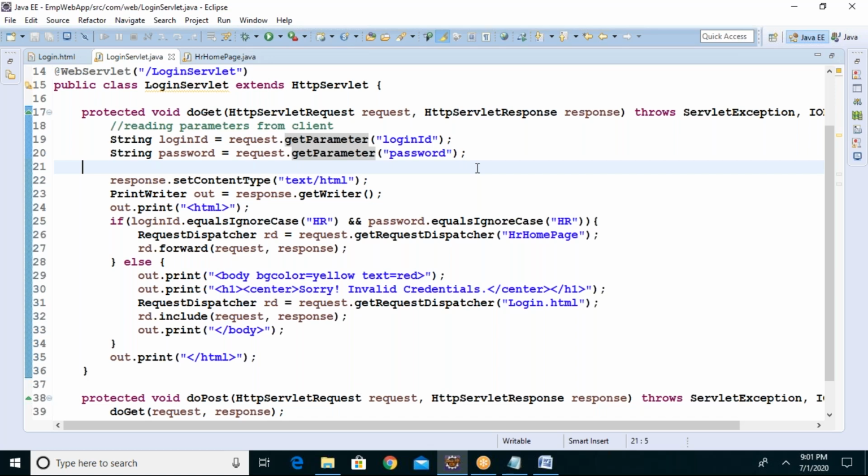Topic is over. Request dispatcher is important, and request.getParameter is one more topic you need to understand, and one more topic is left, the HTTP session, which we will discuss. Later we can move to JSP, but before getting into JSP, I want you to add a registration page and many more things, all CRUD applications. So you have to practice and be clear with all the topics. Otherwise, whatever I teach is useless for you.